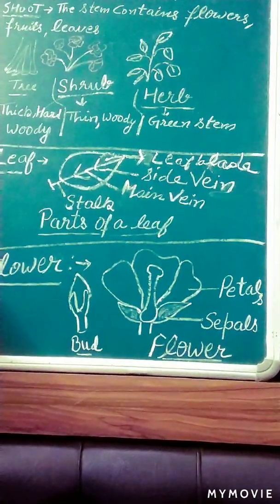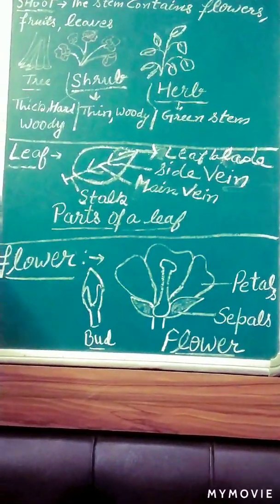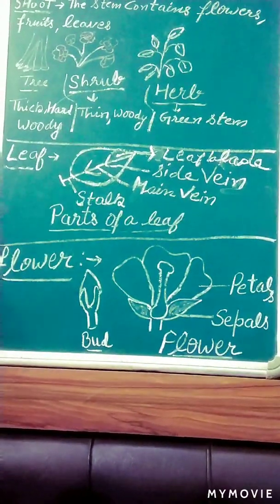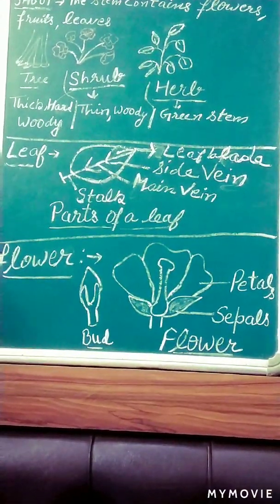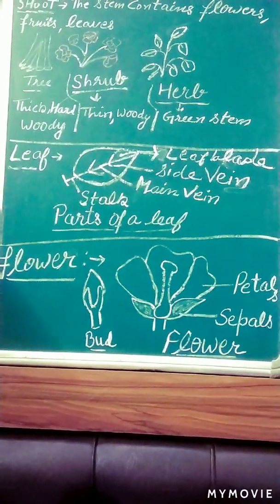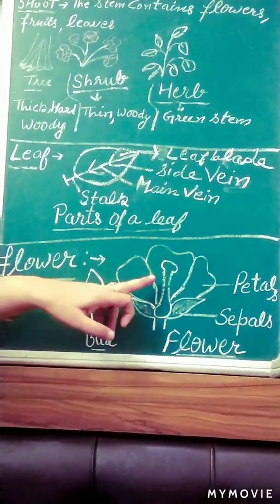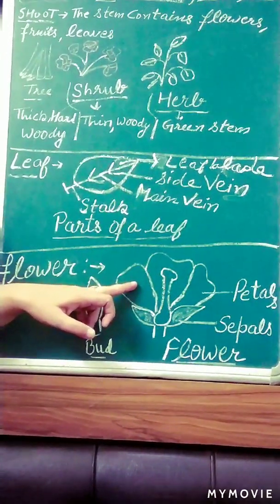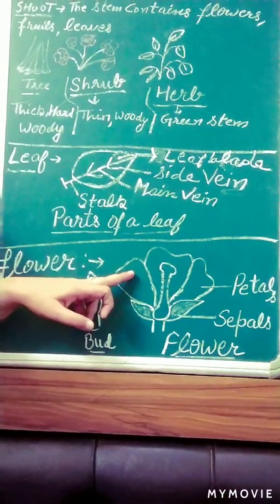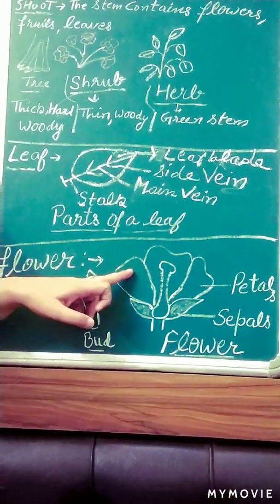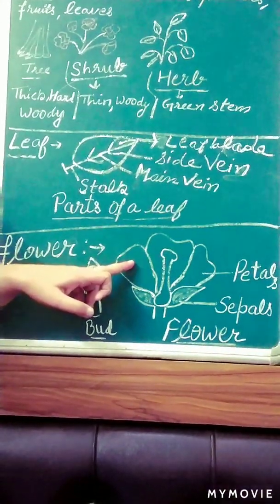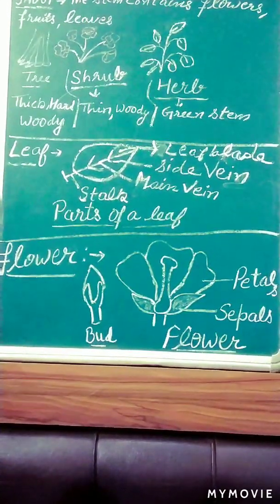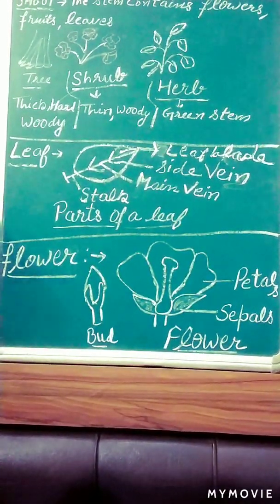The bud changes into a fully grown flower, and the brightly colored parts of the flower are called petals. The petals come in different colors, like green, yellow, red. Some flowers have a sweet smelling substance, a fragrance. This sweet smelling substance is called nectar. Nectar is the juice which attracts insects. So insects are attracted toward the nectar and make honey. Honey means shahd.